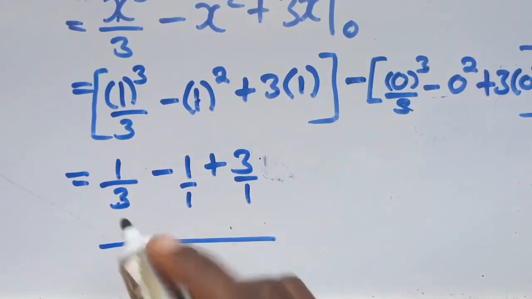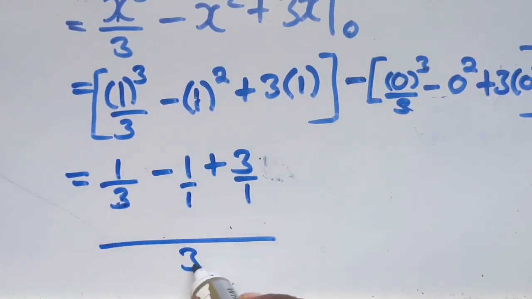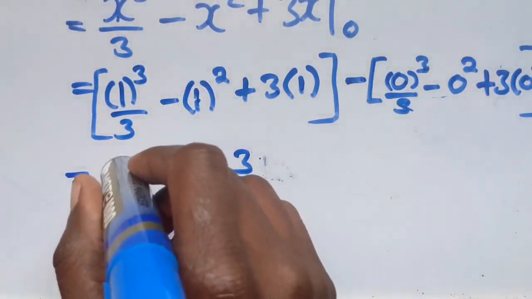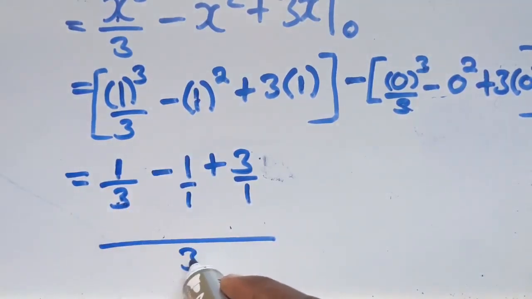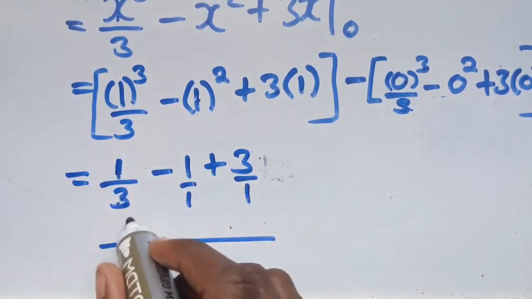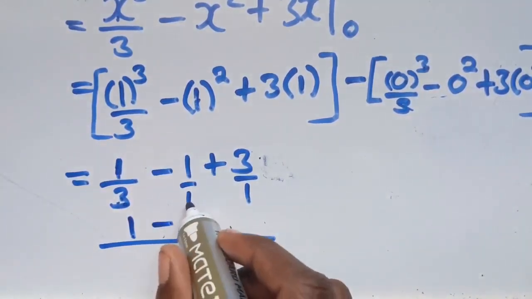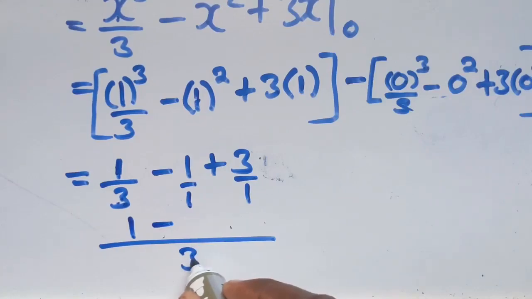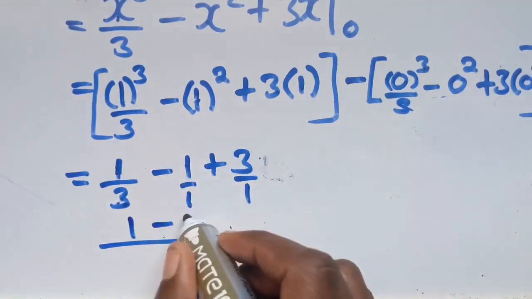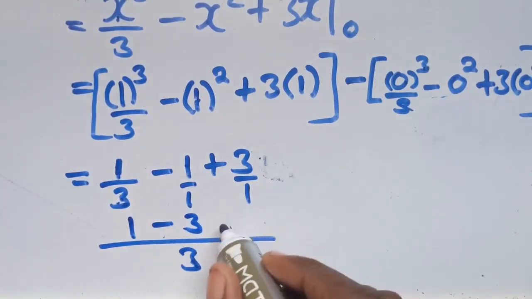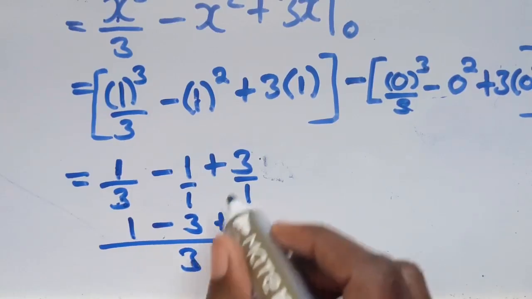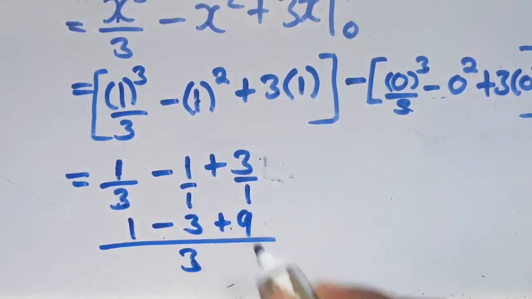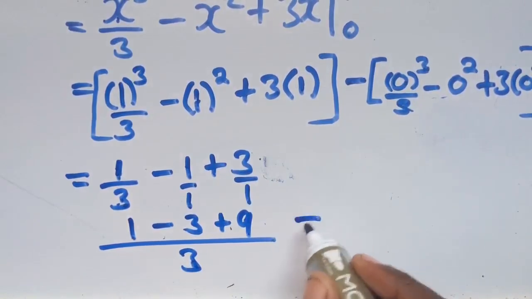So 3 into 3 is 1. 1 times what we have up here, 1 times 1, we are going to have 1. Minus 1 into 3 is 3. 3 times 1 there, it is 3. Then plus 1 into 3 is 3. 3 times 3, we are going to have 9 there. Then equals to,